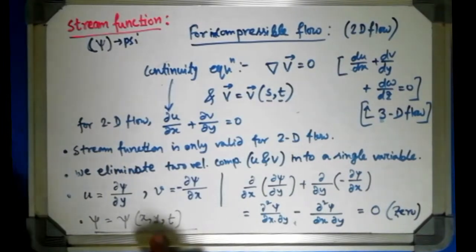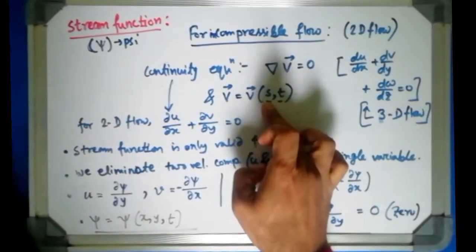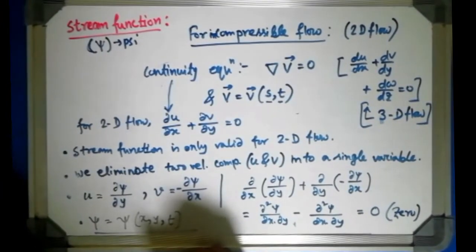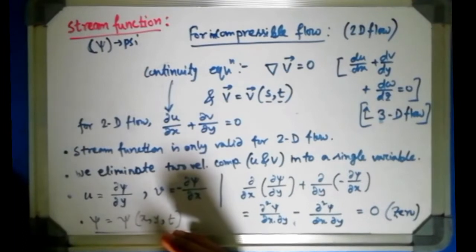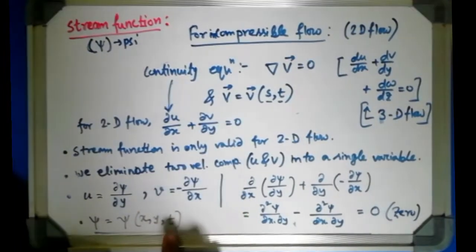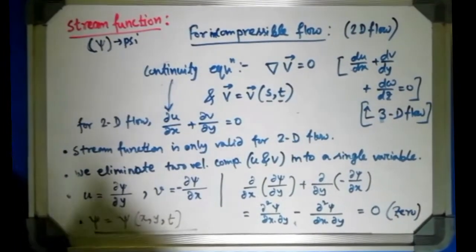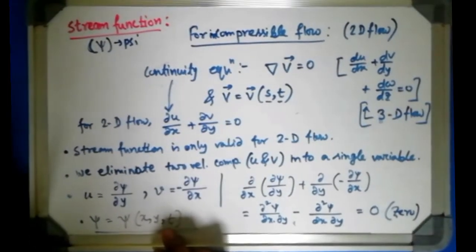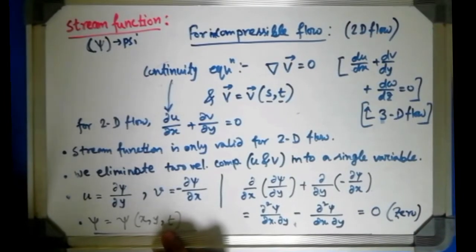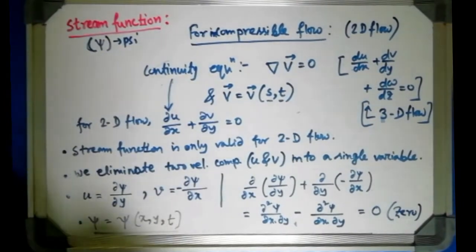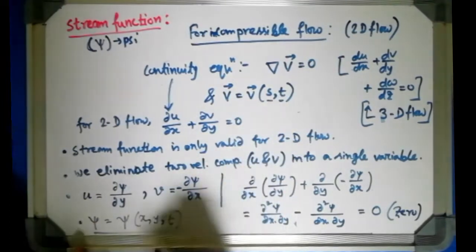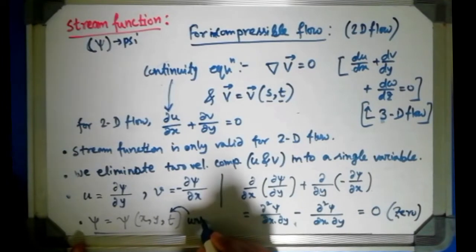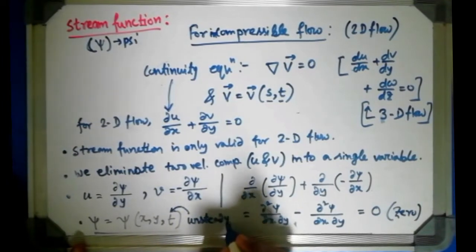x and y represent the space coordinates and t is nothing but the time coordinate. If we consider unsteady flow, then t will be there, mind it, because we know for unsteady flow the flow parameters are not constant with time. So if we consider it is unsteady flow, then this time will be there. This time will be there only if it is unsteady flow. Clear the thing, unsteady flow.